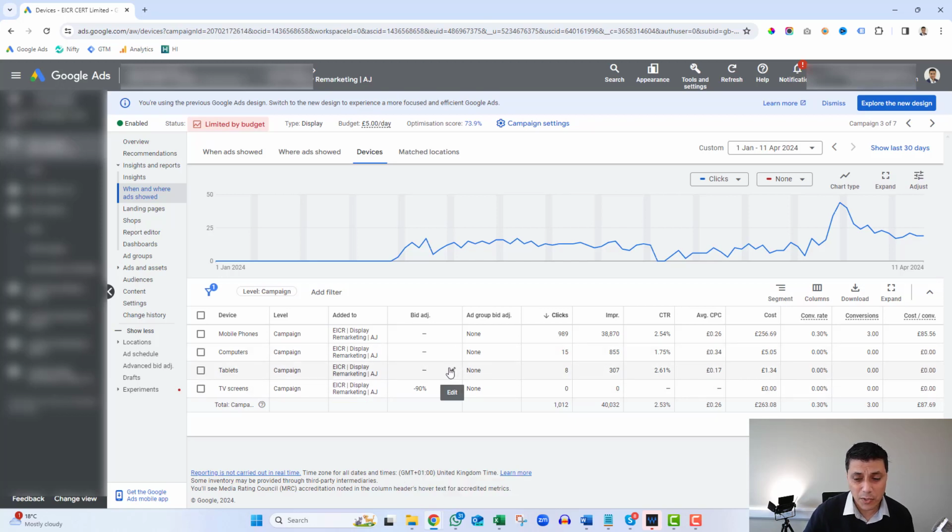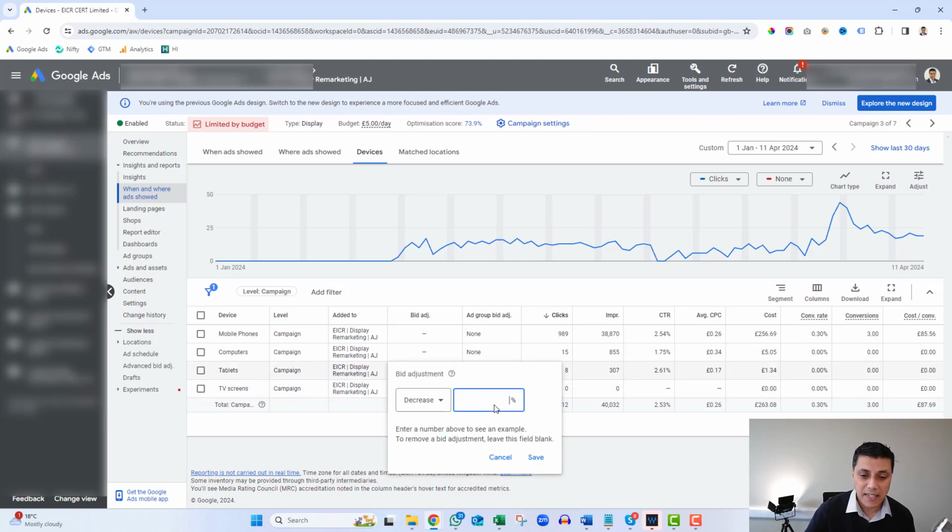Likewise with tablets, I always find that conversions are low on tablets. So you can see how much you've spent. Okay, I haven't spent a lot on it, but I can just click on here and say decrease. And again, I don't want my ads to be appearing on mobile, so I'm going to decrease them by